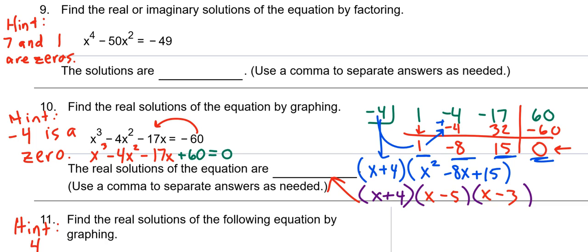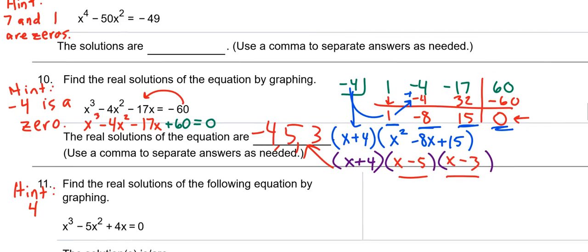Okay, I found the papers. Next, after class. Okay, I need to know the three solutions: -5, -3, and 4. Wait, -5 is not -4. If you don't have -4 and I gave it to you, I will be mad. Okay, now the remaining two are 5 and 3. If you don't know, set the factors equal to 0 and solve, just like we've done a million times.